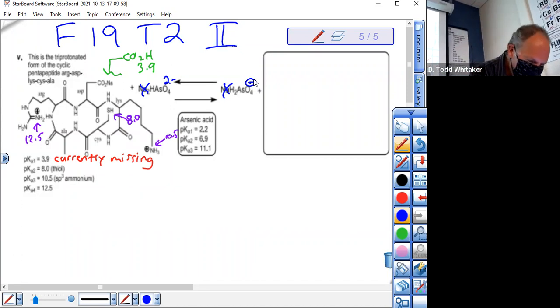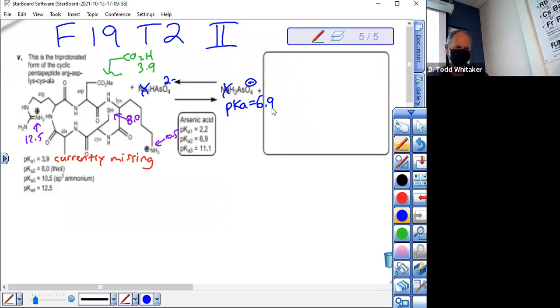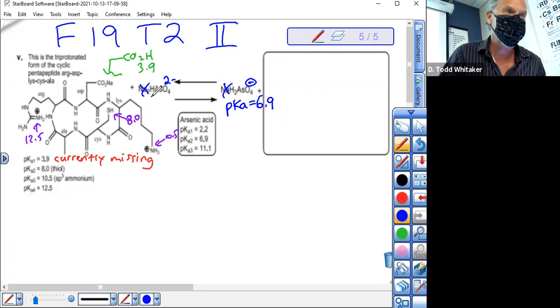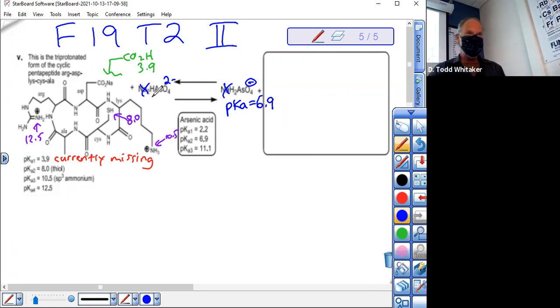And how do I know the pKa is 6.9? It's the one that has 2, but not 3. If it had 3, what would the pKa be? 2.2. Yeah, the third one is 11.1. If this was an acid in this pair and you had to pick a pKa, it would be 11.1, but I know it's not the acid. It's the base of this acid. So the pKb,